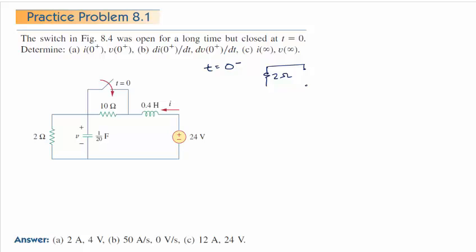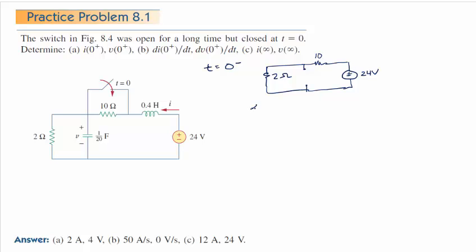A capacitor that's an open, and you have that 10 ohms right there, and you have a short where the inductor is, and you have 24 volts right here. So that's what happened. Just right before we close the switch, the circuit looks like that. And so can we find I at this time? Yes, it looks like a normal application of Ohm's law and KVL.